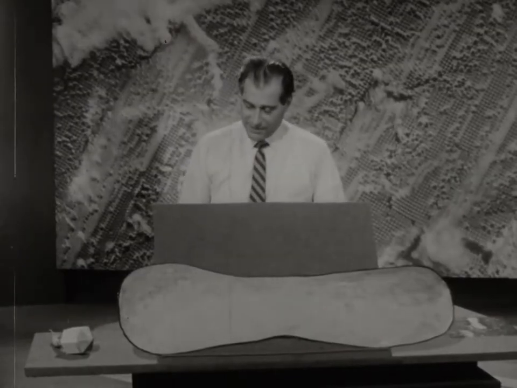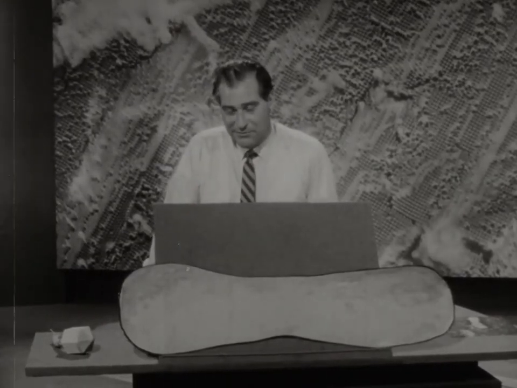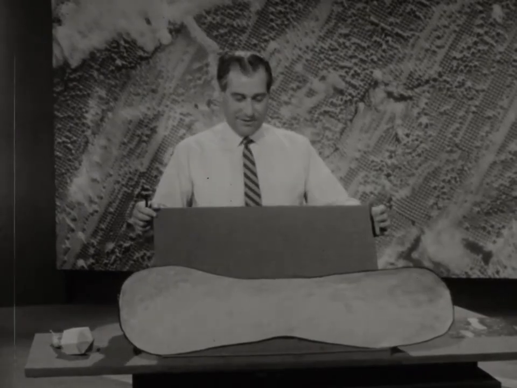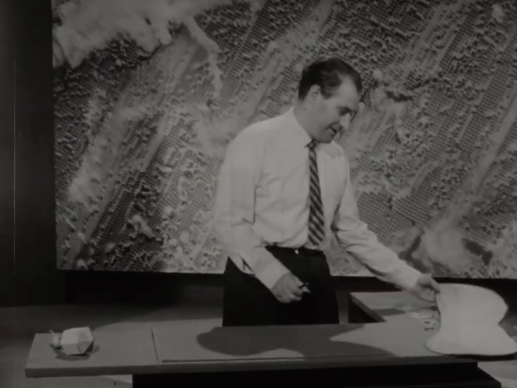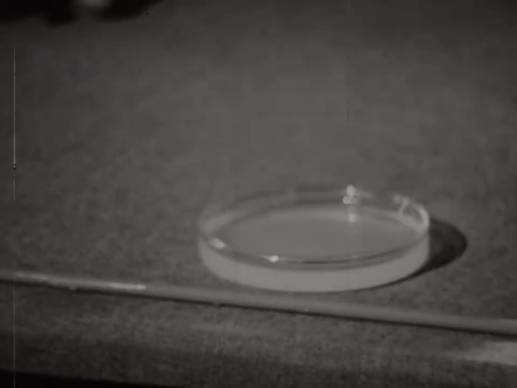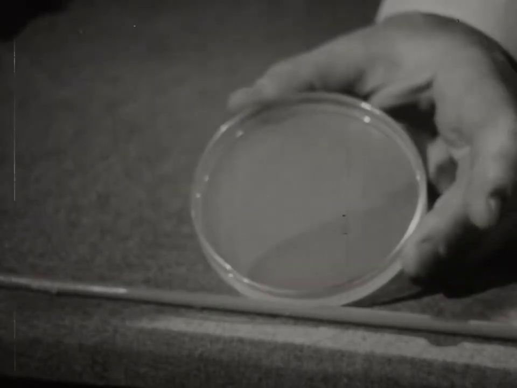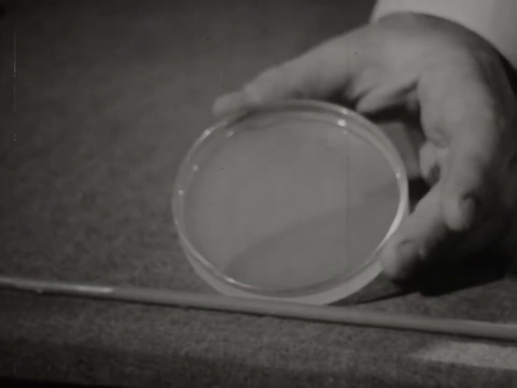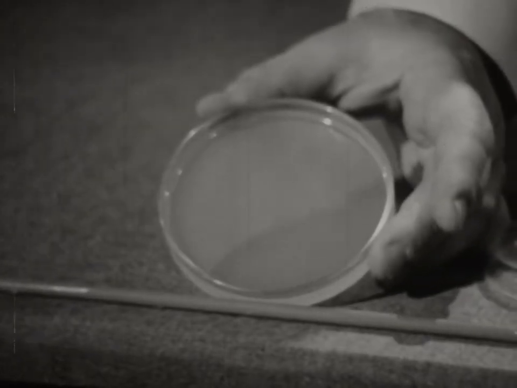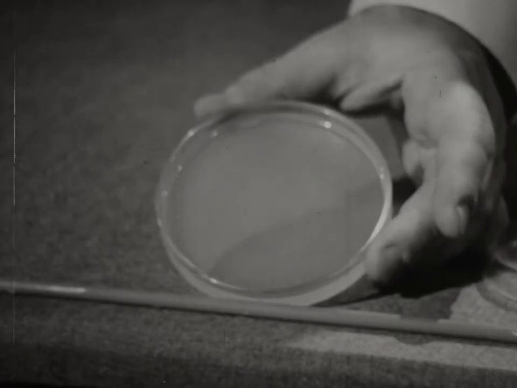Now let's consider how we actually count the number of virus particles which we may have in a given sample. For this purpose, we take such a glass dish which is filled with a nutrient jelly. On the surface of this nutrient jelly, we place about 1 million bacteria, in our case E. coli, Escherichia coli, of the type that is sensitive to the action of the virus which we wish to count. And at the same time, we place on the surface of this agar, of this nutrient jelly, a few hundred virus particles. This plate, containing the bacteria and the viruses, is then placed in an incubator at 100 degrees Fahrenheit